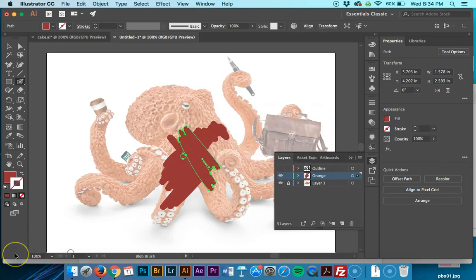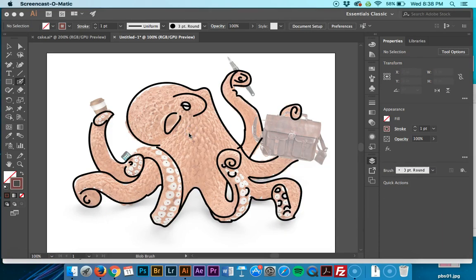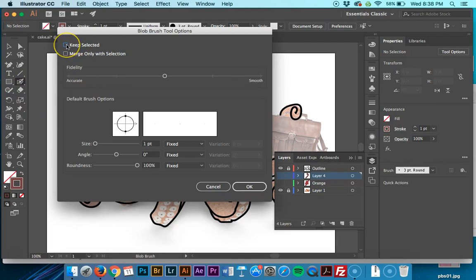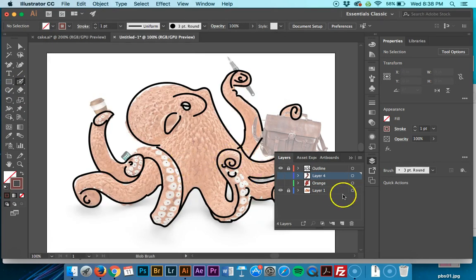Let me just check into that. So I did some Googling, and I think my issue is, if I double click, I had keep selected checked. I unchecked it. I'm going to make a new layer, brush, and I can make it bigger. So I think keep selected is still kind of wanting to pull on the last brushes, but I'm essentially with the blob brush,